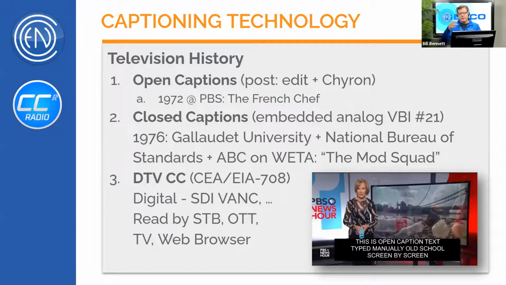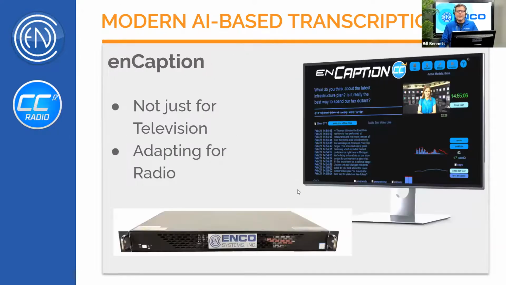And there's a couple of standards, CEA or EIA 608 is analog, 708 is digital. That's all video stuff, so I won't bore you too much more. But it's gone through some interesting evolutions, and now in digital television and SDI signals, it's really robust. There's a lot you can do with it. Strange little piece of information, the HDMI cable will not pass caption data. If you ever wonder why you can't get captions through your HDMI cable at home, it's because it doesn't support it. So anyway, the modern AI-based system,